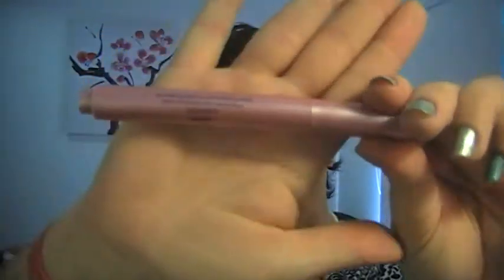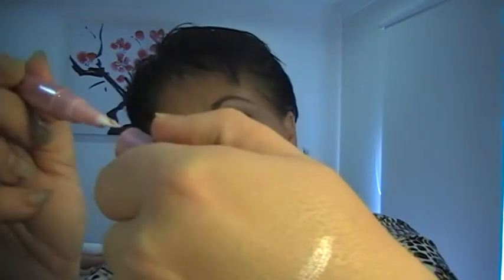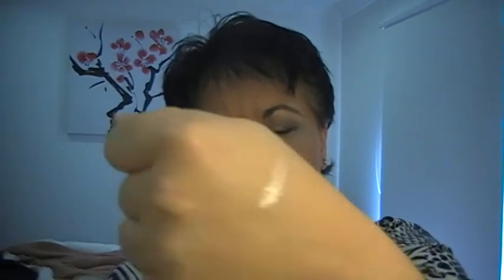The other thing I bought, more out of curiosity, was a glow light in pink. So that's the packaging, and it comes in a tube that looks like this, and it's probably upside down because I don't have my glasses on. It's one of the ones that you press at the end and it brings the product out. So it's this pretty, I'll just do a bit more of a swatch so I can rub it out a bit. It's one of those pretty pearlescent